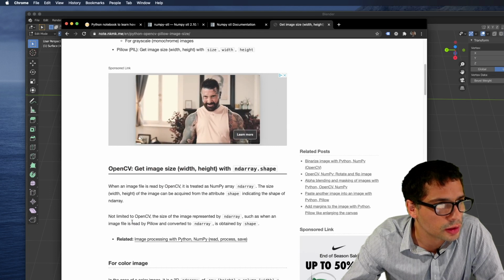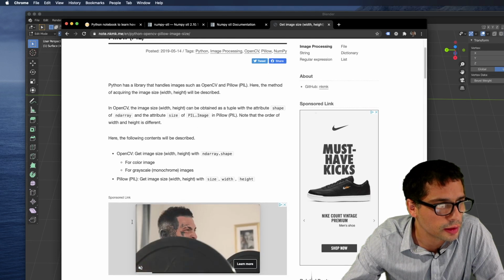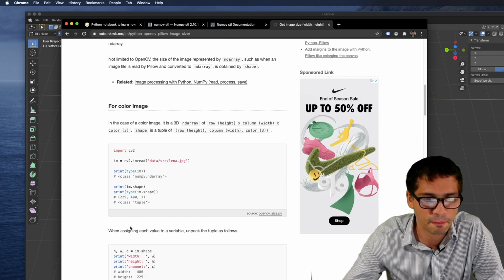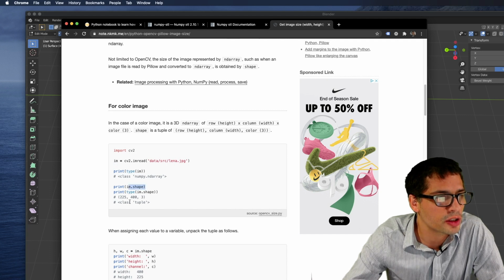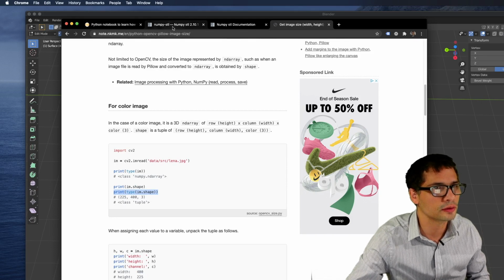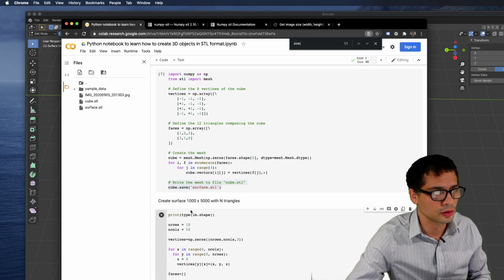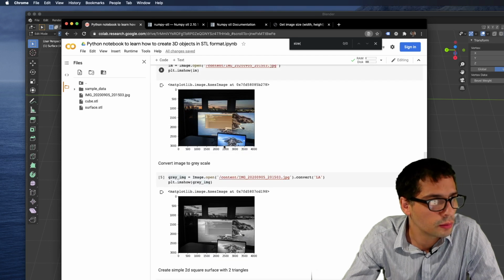So to get the image size, I should use shape. Yeah, image shape. So let's print this. Do this. img.